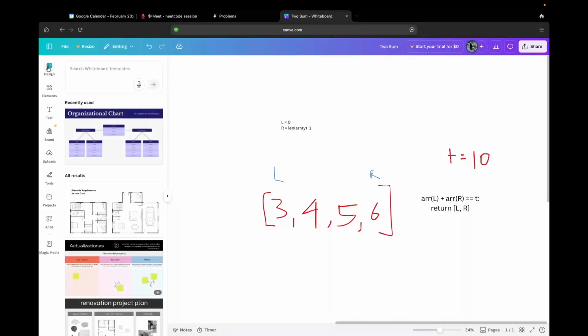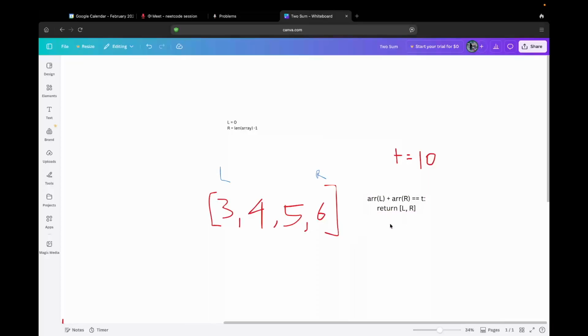I know I'm repeating myself, but if we add these two together, and if it meets the target, we return left and right, and we have to keep in mind that the index is 1, so we're just going to add 1 to both of these,